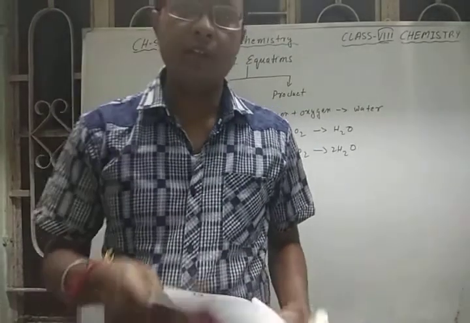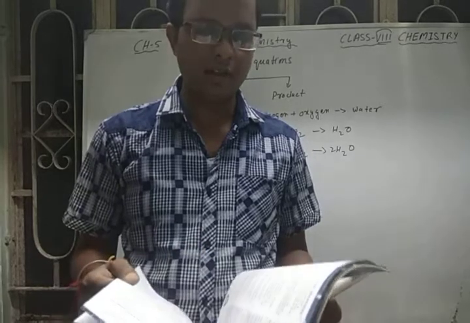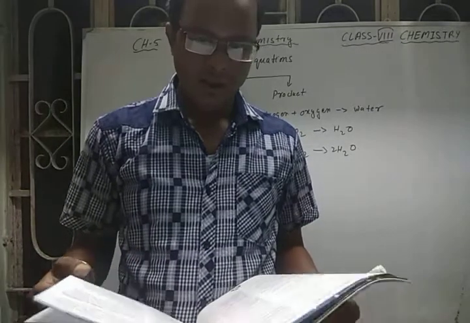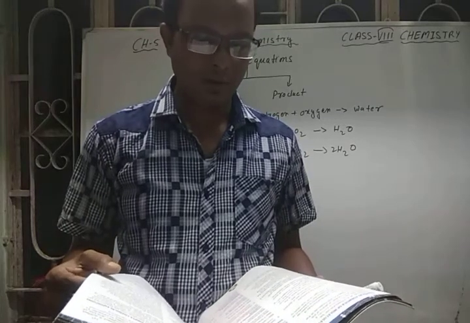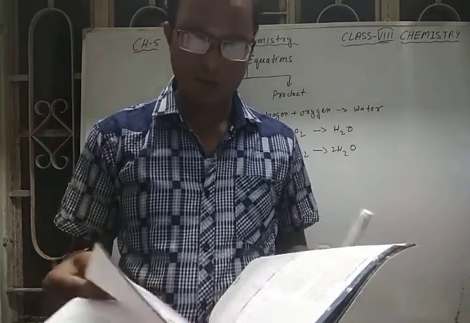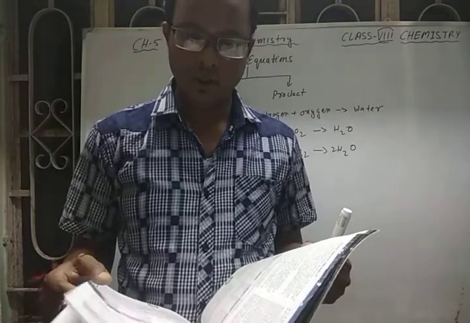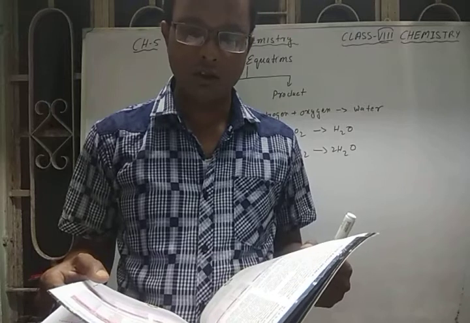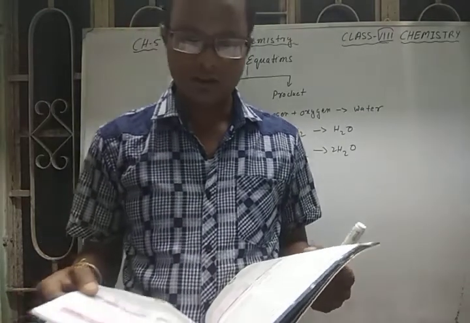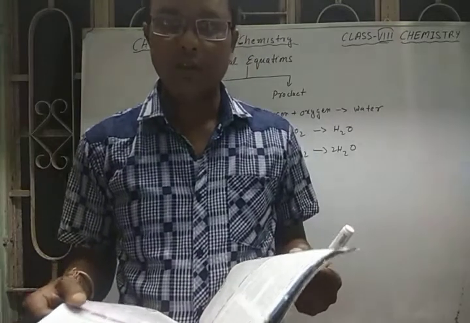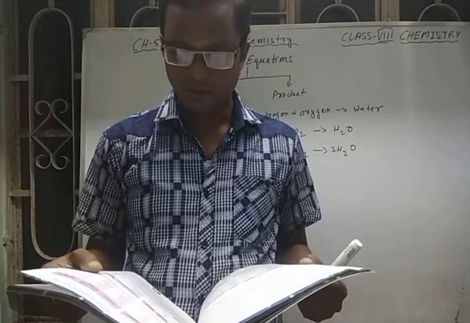In the last video class we have started our new chapter number 5, that is language of chemistry. In that chapter we have already done up to how to write a chemical formula or deriving chemical formula. As I told you before, before doing the chemical formula, you must learn the common ions and radicals chart. Then only you will be able to write the chemical formulas. Okay.